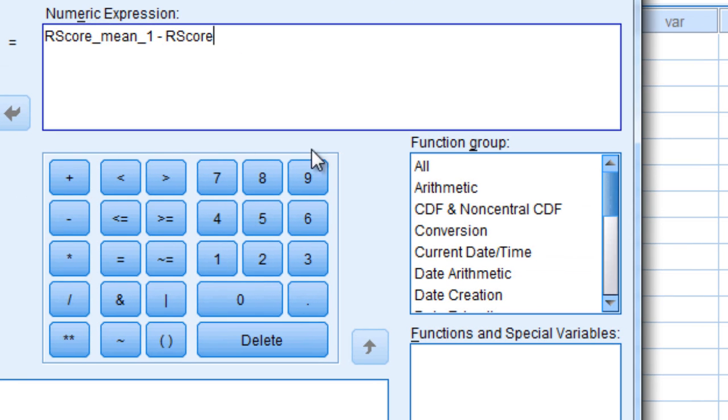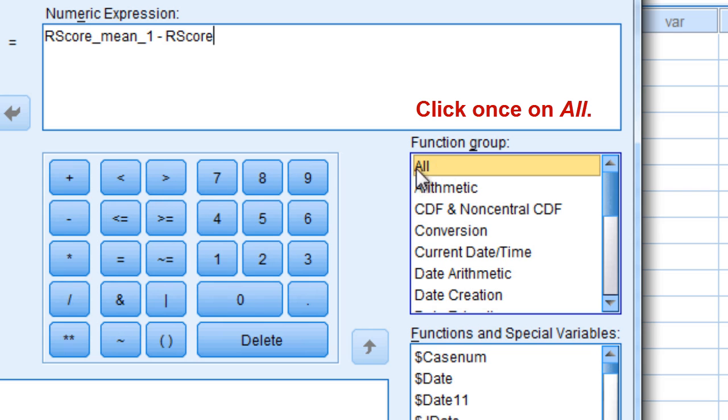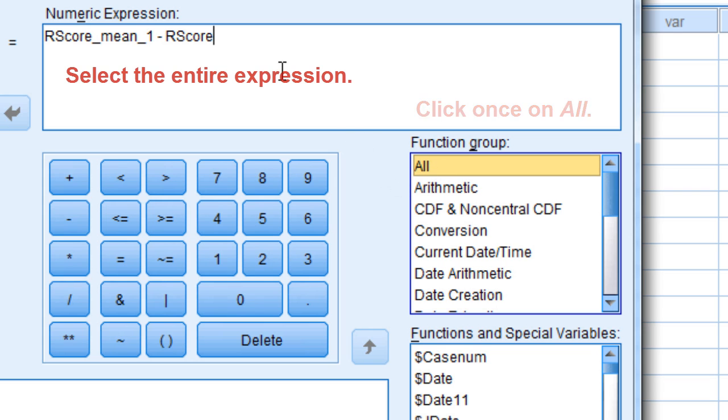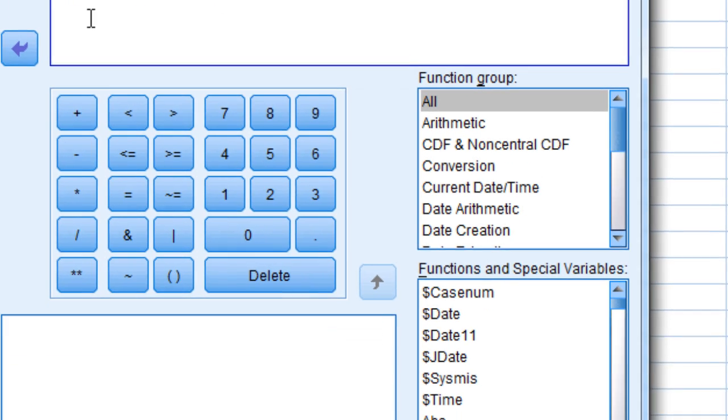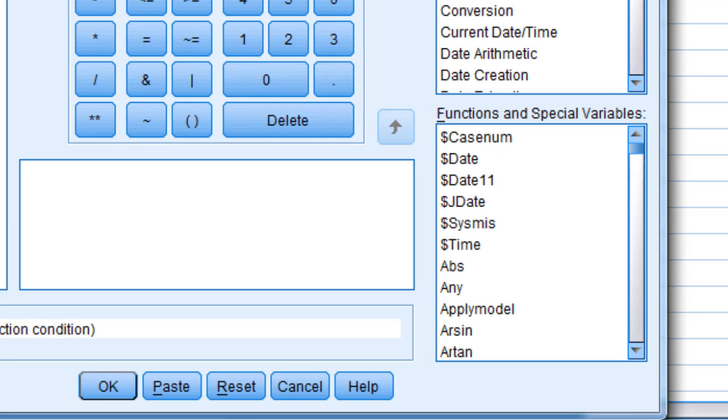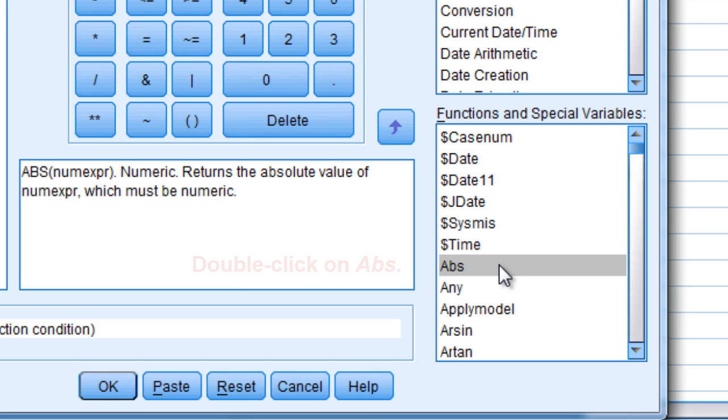So in the field Function Group, click once on All and then select the entire expression R_mean_1 minus R-score and double-click on ABS in the field Functions and Special Variables. ABS is an abbreviation for absolute value, which is never negative.